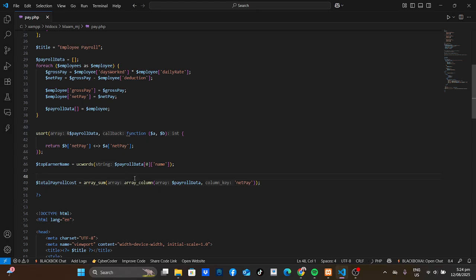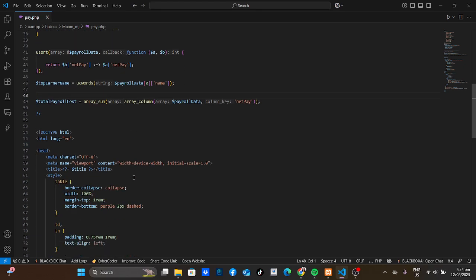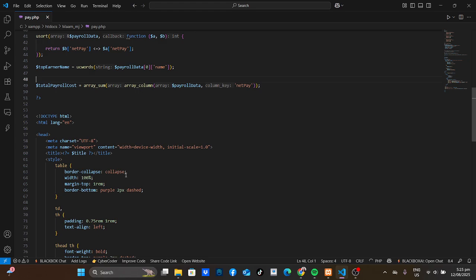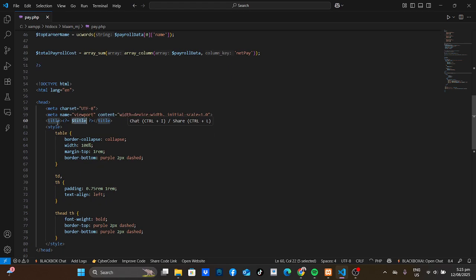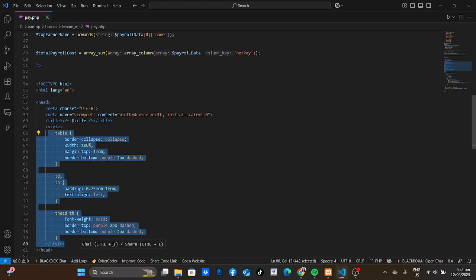Now for the HTML and CSS, I have a section where it displays the table. In the HTML section, I set the document title to the title variable, and added some simple CSS style to the table.